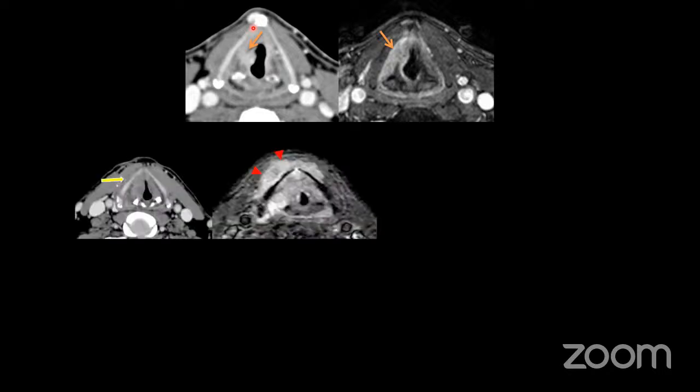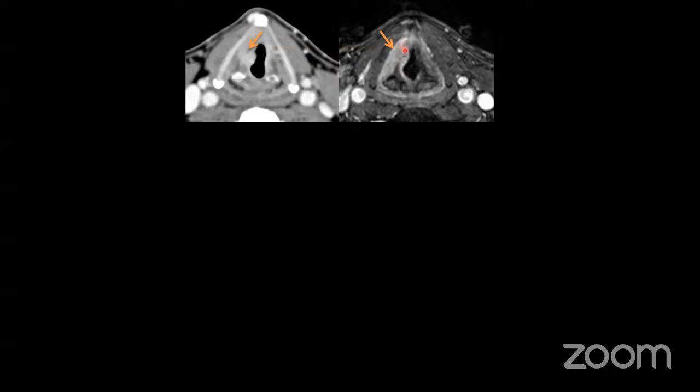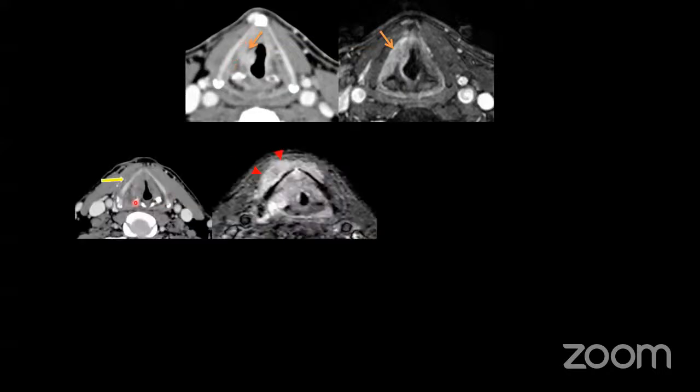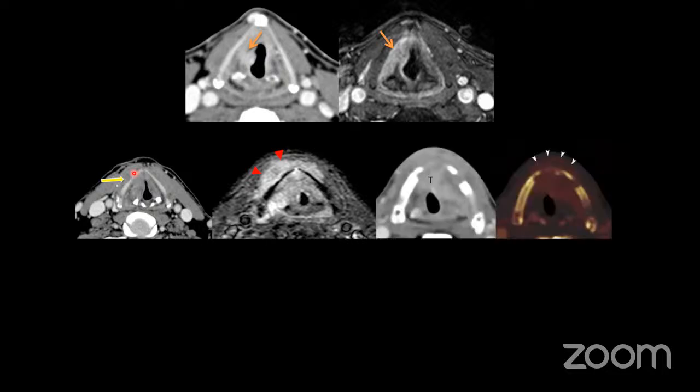As seen in this first case, the white line of the cartilage is there, and we supplemented this with MRI, and you can see extensive paraglottic space involvement. However, the paraglottic space was looking somewhat fine in the CT scan. Compared to the other case where we see the white line of the cartilage, look at the MR with the extensive exolaryngeal spread, which was not appreciated on the CT scan. So this is the advantage in these cases.